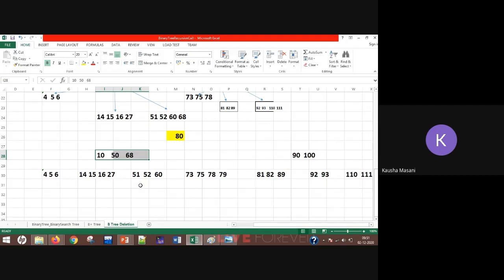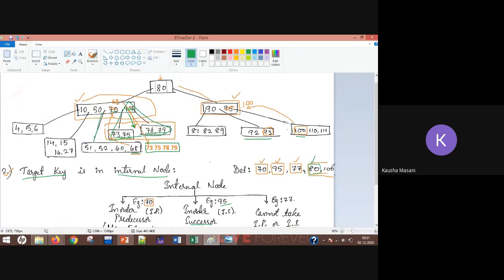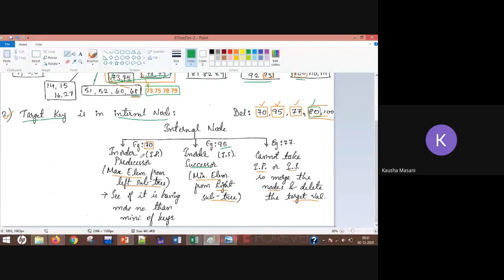In-order predecessor, Smriti, 10 is wrong. 68, correct. Right, Tushar. Absolutely right, Raj. 68. See, again I'm saying, remember, if you want to know who is the in-order predecessor for a given number,